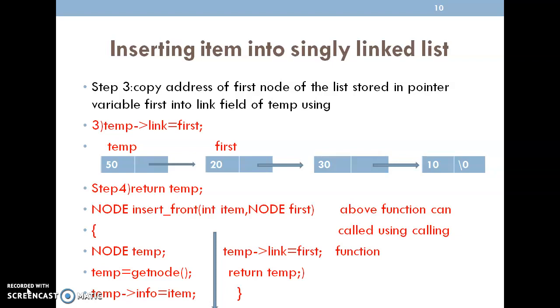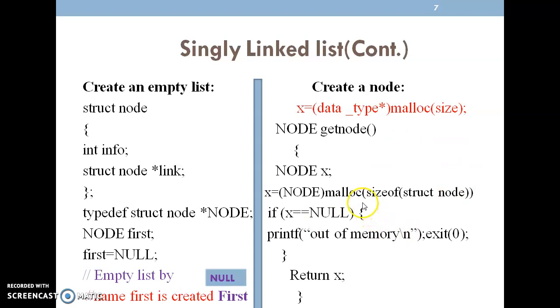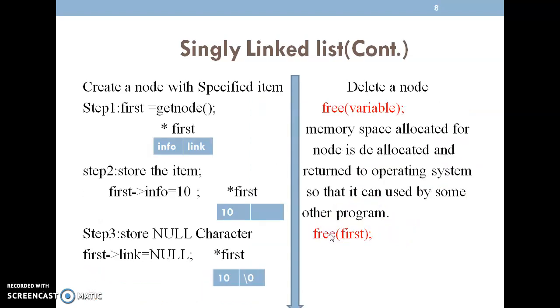Then different types of linked list, as I told: singly, doubly, then circular singly, then circular doubly linked list. Then we have seen how to insert an element into the linked list. In order to insert the element, first an empty list should be created by using that node structure variable. Once the empty list is available, we require a getnode function for creating the node in the list. Then how to insert the element into the list and how to delete an element. These all conditions we have seen in the first video.